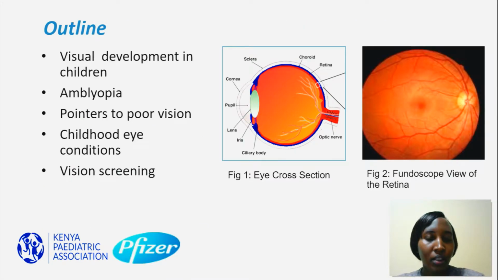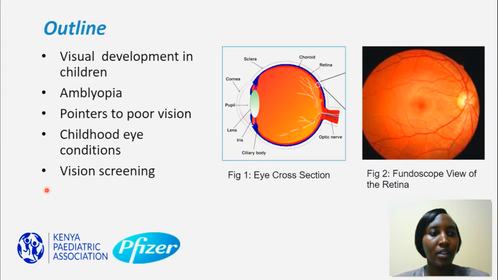So our outline will look at the visual development in children. We'll define amblyopia before we go on, because this is a term you're going to use quite frequently in the presentation. We'll look at the pointers to poor vision in a child and highlight some of the common childhood eye conditions, how to identify and how to treat them. And finally, we will look at visual screening. So to start with, we'll look at the